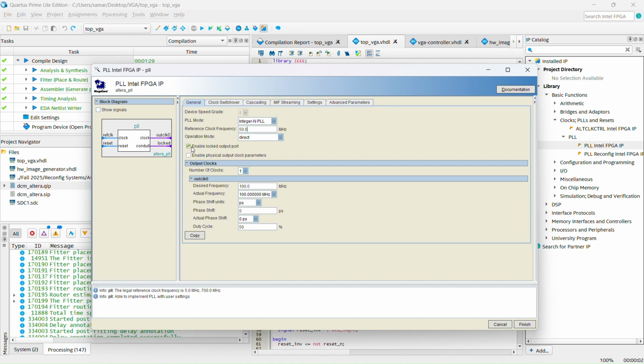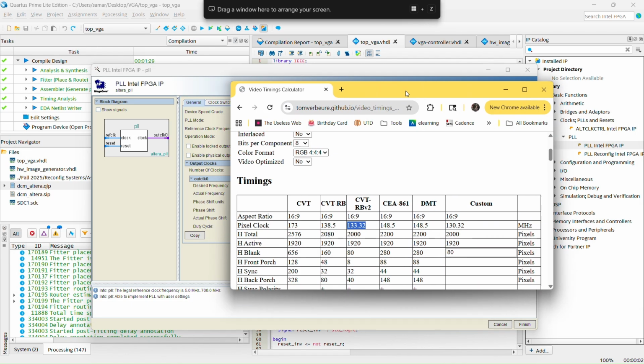You don't need that as of now. So this would be your PLL block, and here we'll set the frequency of the monitor that we want to map it to. To get that, you could just go on to Google and look it up. As you can see,